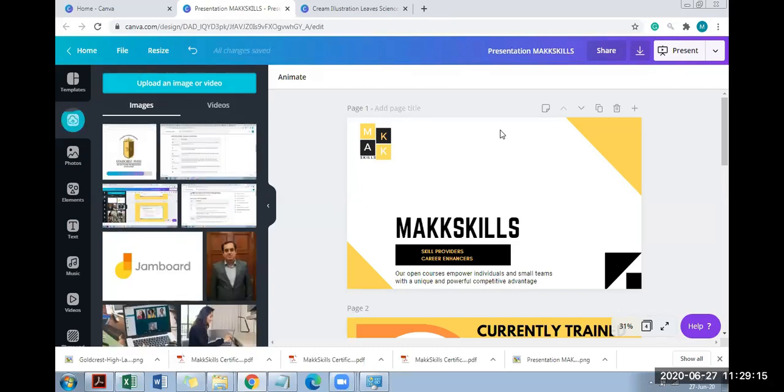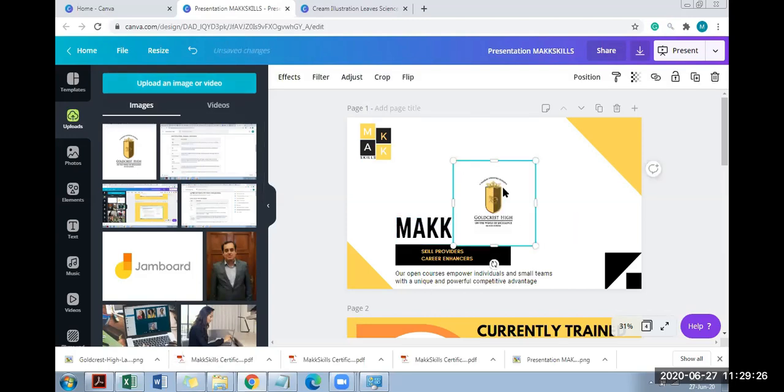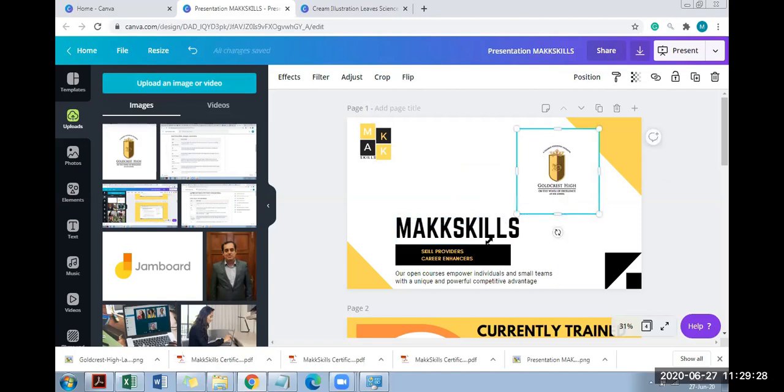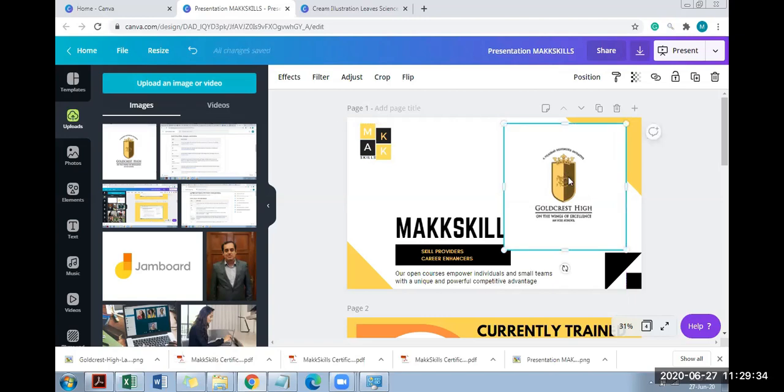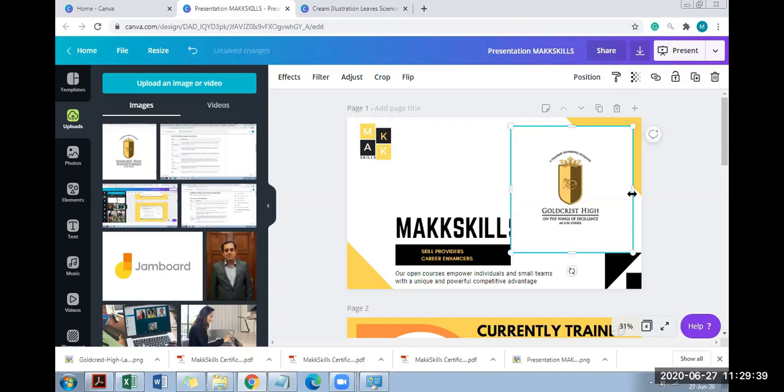So basically uploads is allowing you to upload your own logo, or a logo of a partner like you all are right now in this conversation, to be able to add it to my graphic. So this is my main graphic, and I click on the uploaded logo, and here it is, and I'm just going to size it, right, to however I want it. Okay. Here's one more thing I'd like to tell you now that we're right here with your logo. One is that I can reduce the size of this frame that I can see,